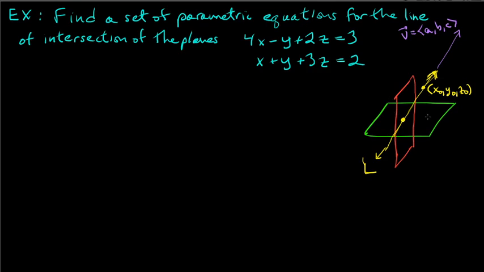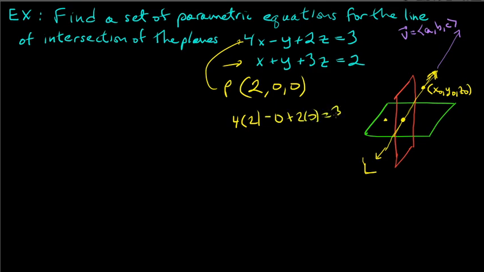Okay? Now the problem is you can't just pick a plane and then pick a point on that plane. So we can say, well, look, I can pick x equals 2 and then y and z are 0. So 2, 0, 0 would be a point on, let's say, the green plane. But that doesn't mean it's a point on the red plane either. Is this point on the first plane, right? Well, let's check. If we plug in x equals 2, we get 4 times 2 minus 0 plus 2 times